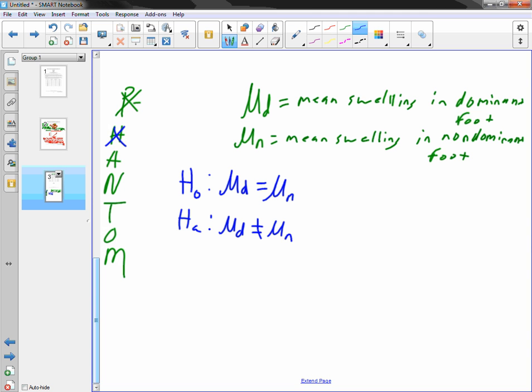Assumptions. Okay, so we'll go next to the assumptions. Remember, we need something that is normally distributed. We need to make sure we have a simple random sample. And we also need to make sure that there is independence. Okay, so one, when it comes to a simple random sample, we are told